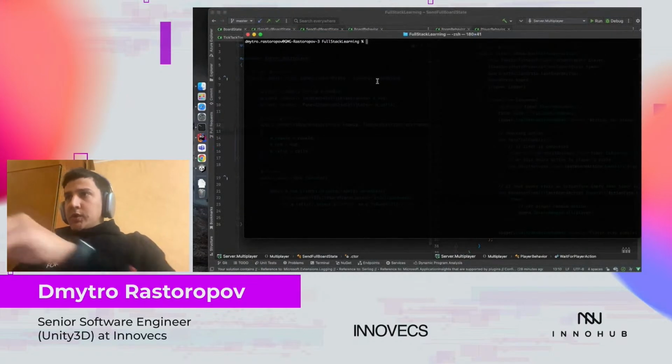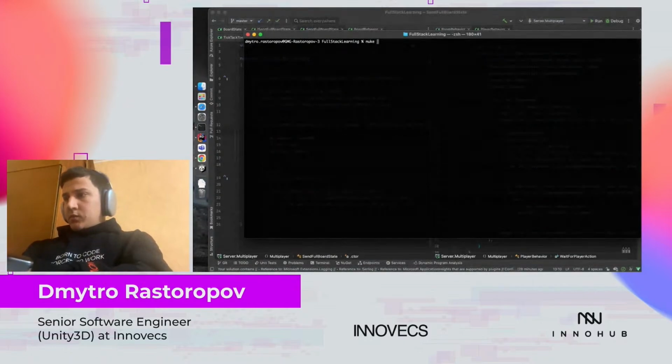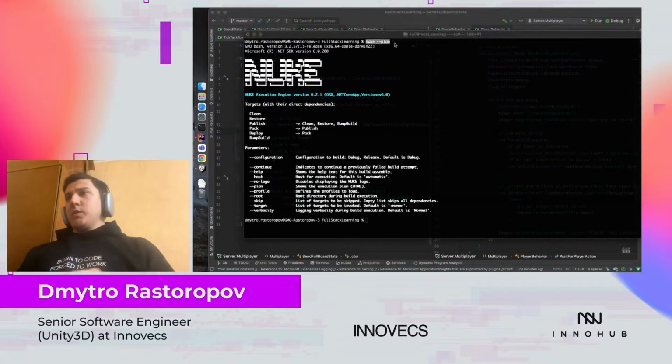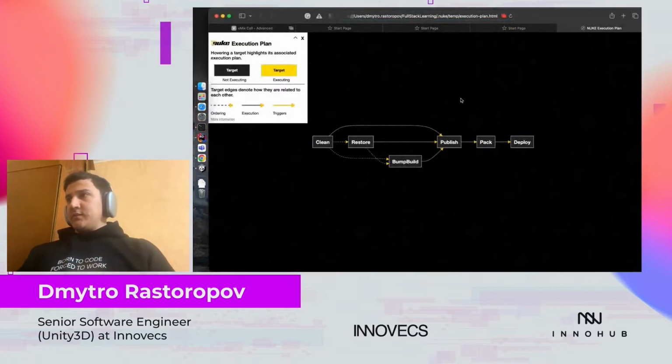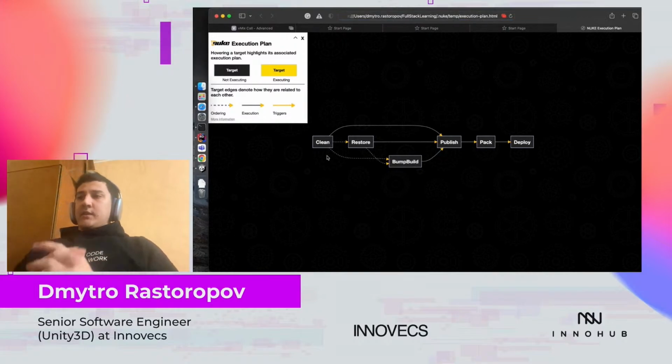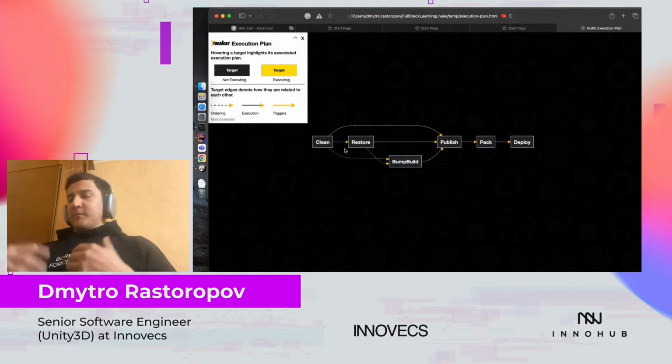Now I want to show you our build plan firstly, and we will check it together. So just type in nuke with the parameter plan, and we will generate this plan, and that's all our deployment stages